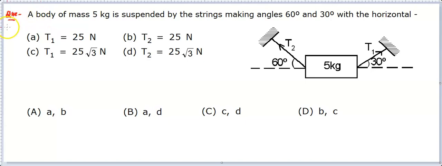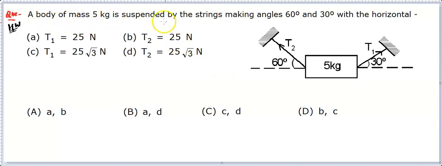And this is the question which I gave you as homework in the last video. So let me quickly explain how to solve it. Many of you have solved it. And in this explanation, I will try to explain the same thing again, that is the equilibrium condition, how to solve the questions, how to draw the free body diagram, and all that.